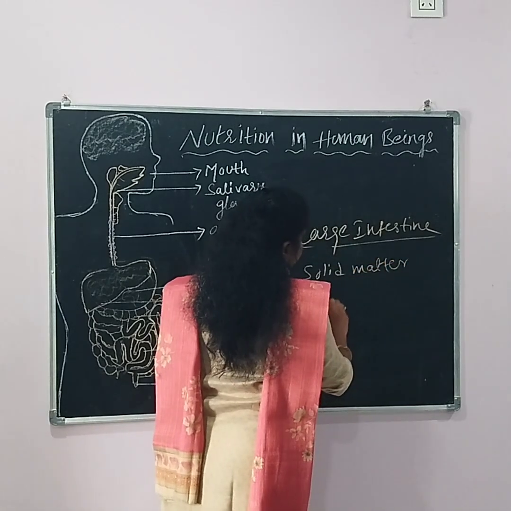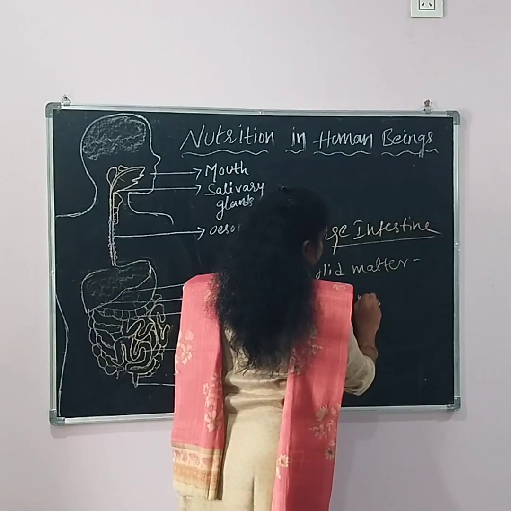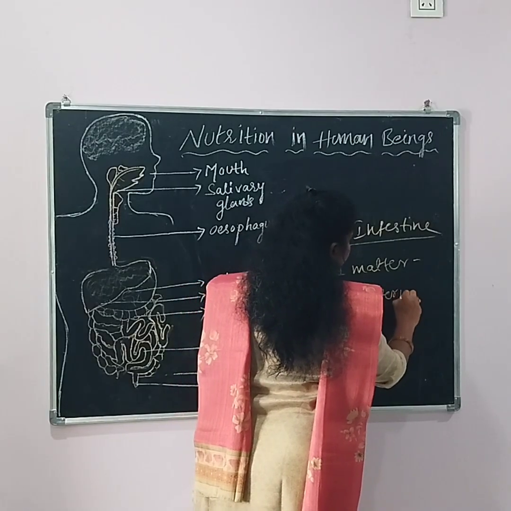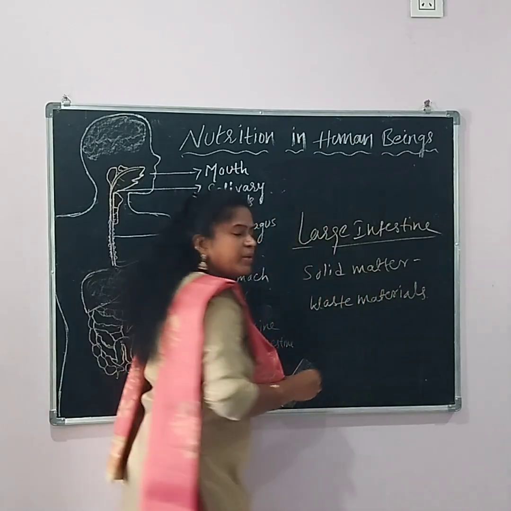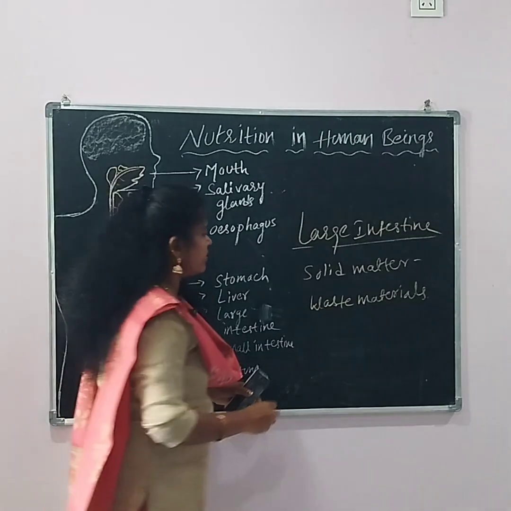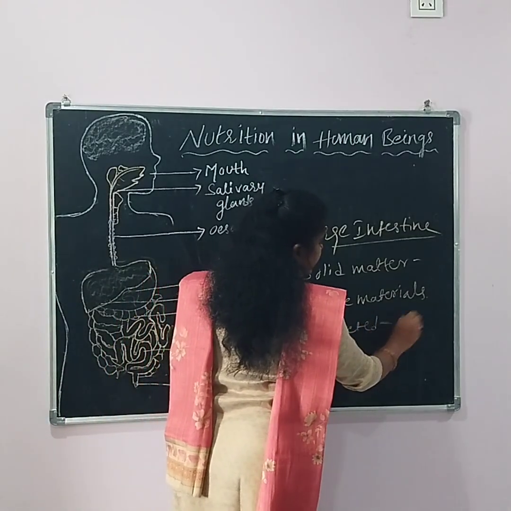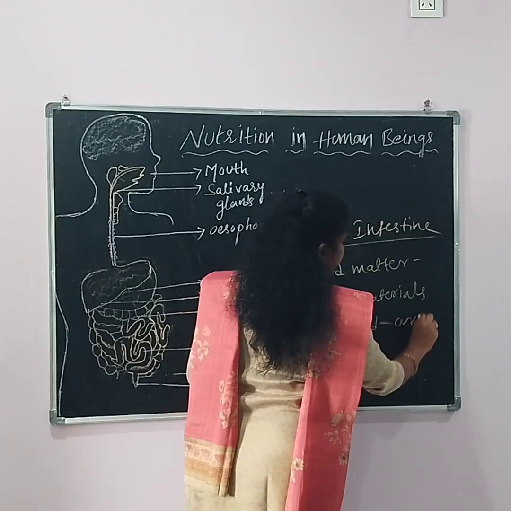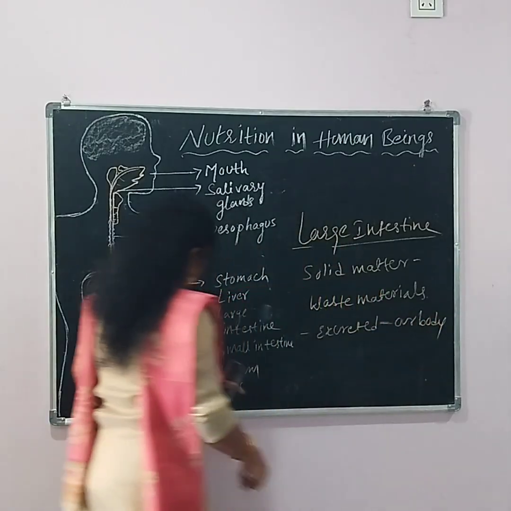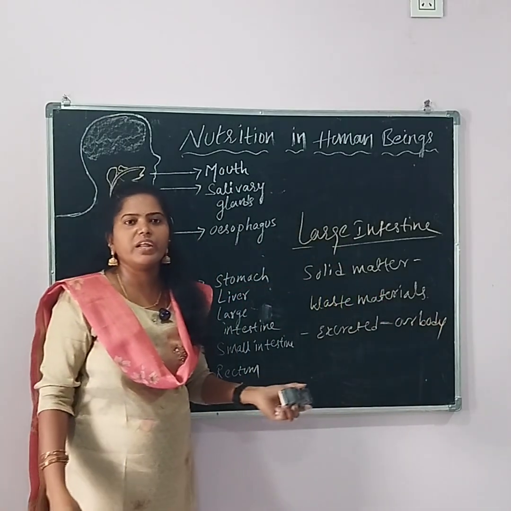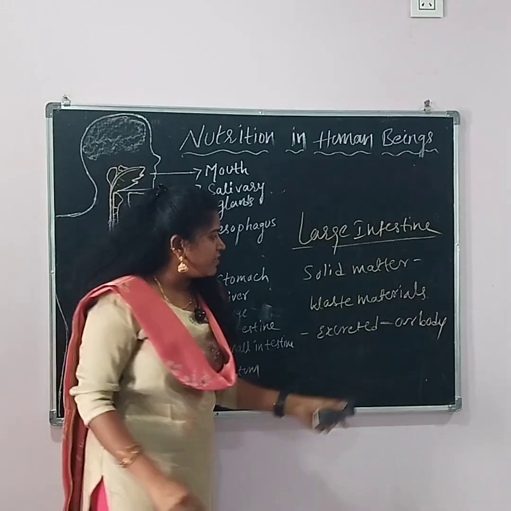waste materials. So whatever waste materials are there, those waste materials are excreted from our body through the rectum and the anus, finally into the anus. This process is called